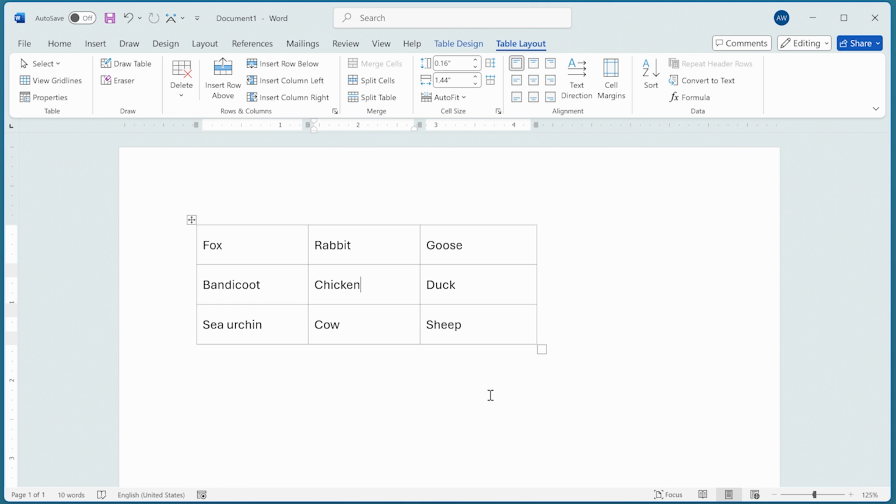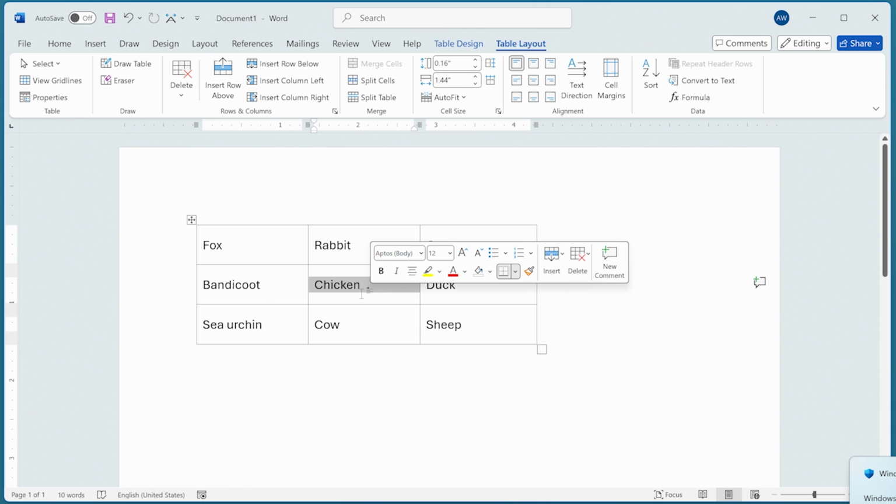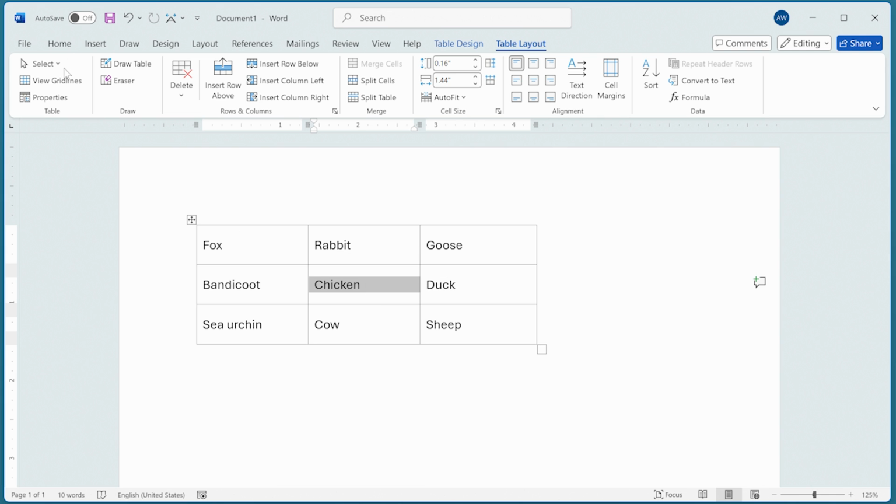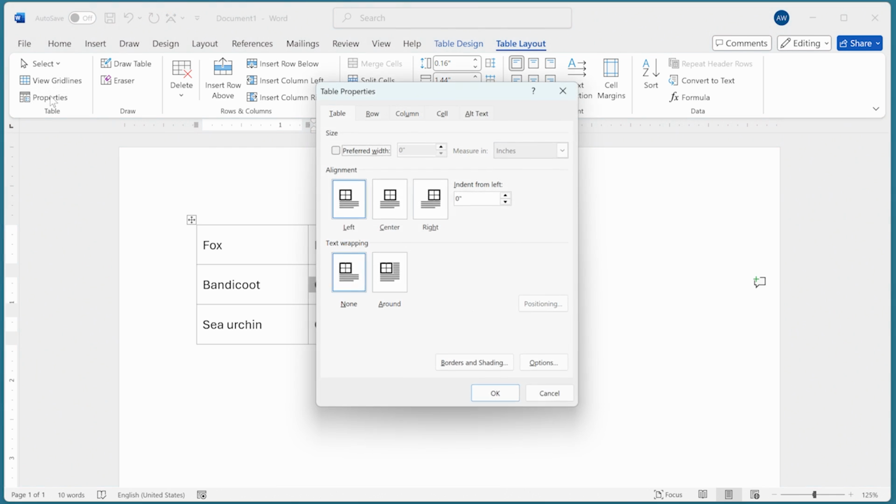If you want to affect just some cells within the table, well, then you can start out by selecting the cells that you want to affect. In this case, I'm going to select this one right here. Note, however, that if you just want to affect a single cell, you can simply place the insertion point within the cell. Now, I'm going to go ahead and display the Table Properties dialog box once again,